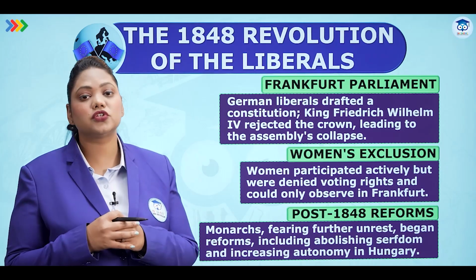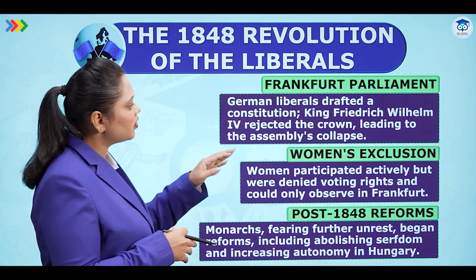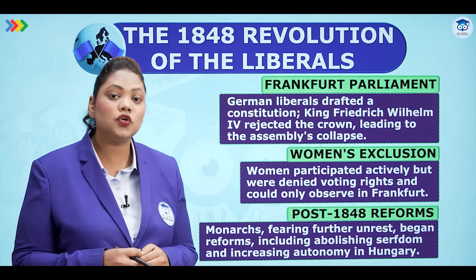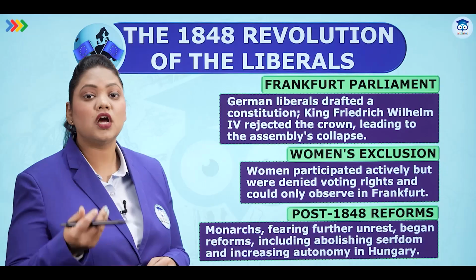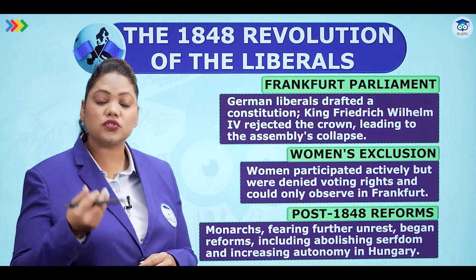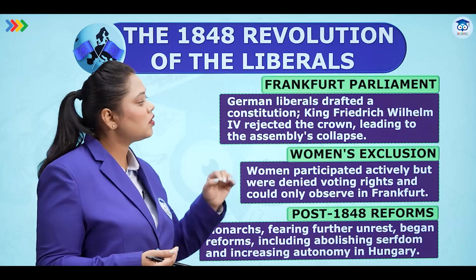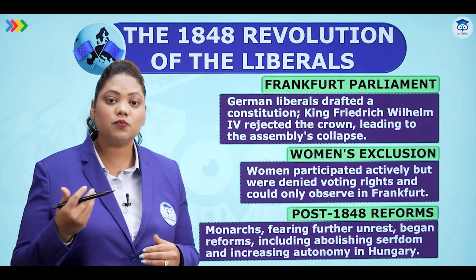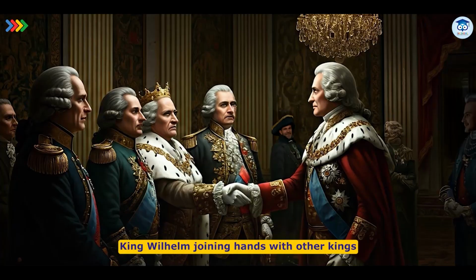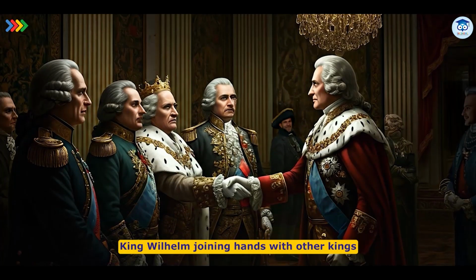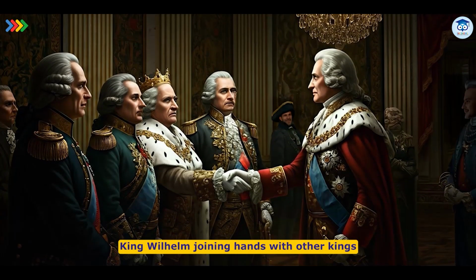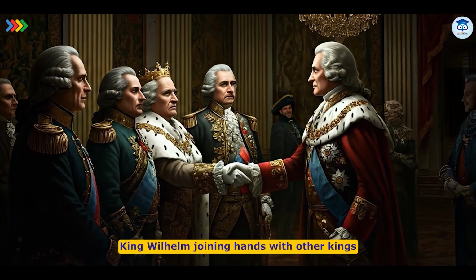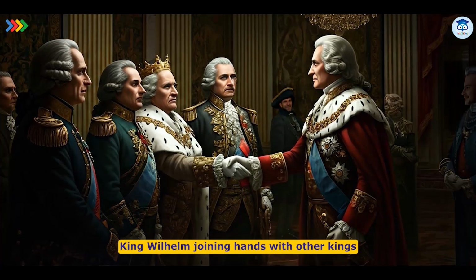They drafted a constitution and marched up to King Friedrich Wilhelm IV and said that you can accept this constitution along with your crown, that is the constitutional monarchy. But the king did not like it. He did not agree to it. And that is why he went on to join the other monarchs to suppress the revolt of the Germans. This is called Frankfurt Parliament because the parliament or the place is in Frankfurt.